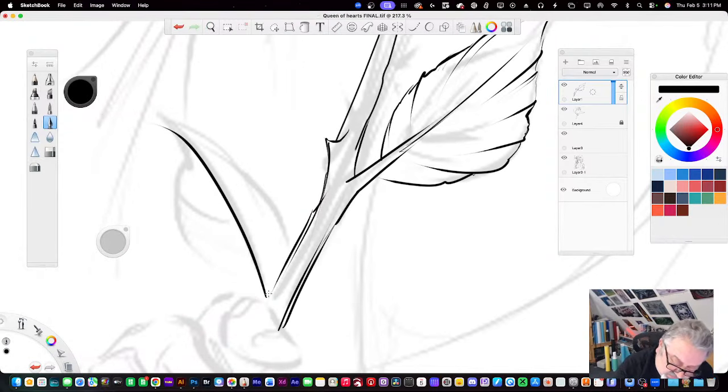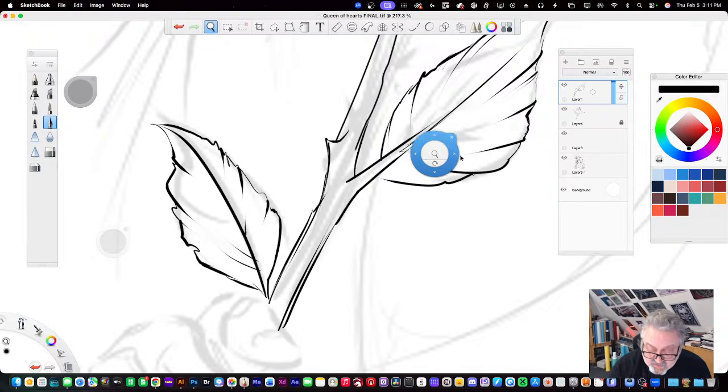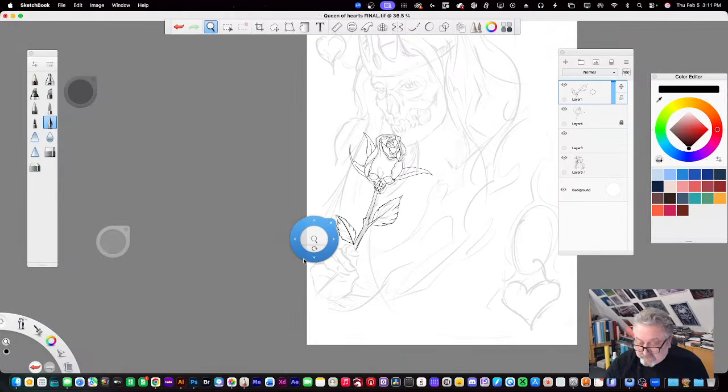But for images like this, I know everyone's like, oh, just hit the auto trace feature. The auto trace feature honestly is more headaches than it's worth half the time. So I set it up so I can go in and do a vector redraw myself, manually. Okay, so now I got that. I think it looks cool. I don't know if I like these long leaves. We'll decide at the end.